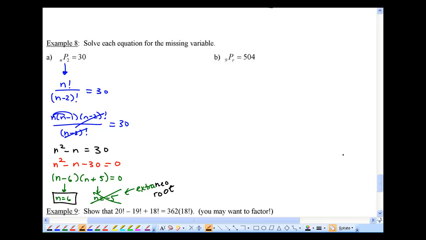Alright? B is a little bit different, so let me show you that too. Okay, this one's a little bit different because I give you the n, but I don't give you the r. So using the same formula, it'd be 9 factorial over 9 minus r factorial, and here's our dilemma because we don't know what the bottom simplifies to. But what we do know is we have a number on the right-hand side, 504, and since it starts with 9 factorial, there probably is a factor of 9 in 504. So if I were to actually break up 504 and divide it by 9,